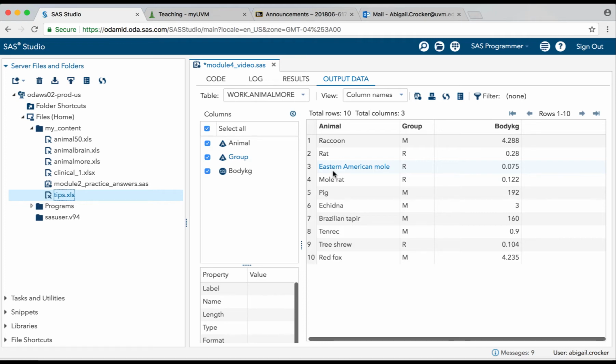So I don't really want these two data sets apart. I want them on top of each other. I don't want a data set with 50 and a data set with 10. I want one data set stacked. So I want one data set with 60 observations in it. And that's what we mean by append or stack. It means you have two very, very similar data sets and you just want to combine them on top of each other. It's just like adding rows to an Excel spreadsheet.